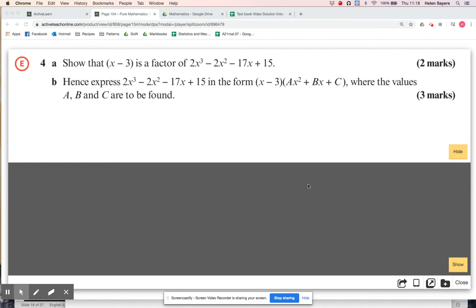Okay, we're looking at mixed exercise 7 from the first year core textbook. I'm on question 4. So this is the first exam question, but actually it's really similar to the previous one. It's just the wording of it. So for A,